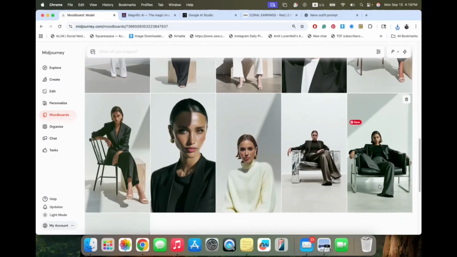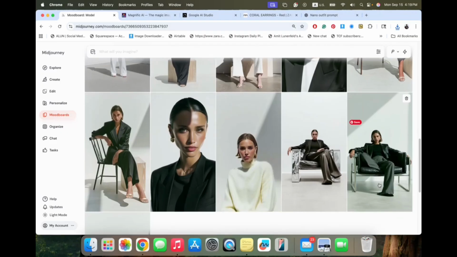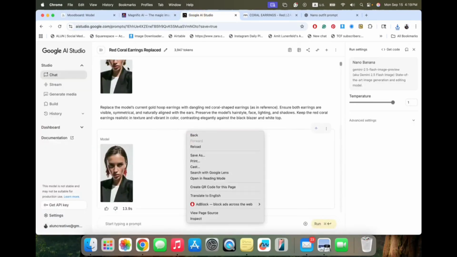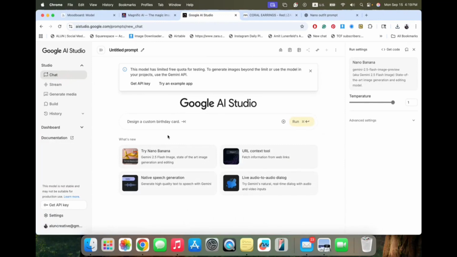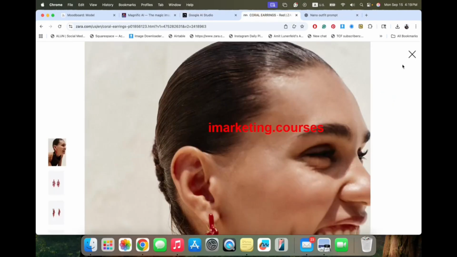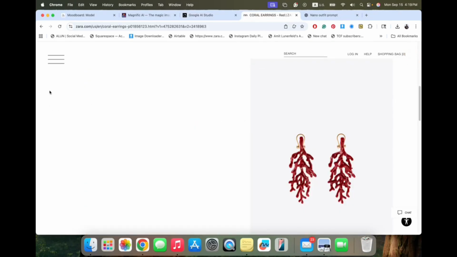Then let's say you like the pose, you don't like the clothes, you think you would like to change it into your collection, into your needs, go into Nano Banana and you can have the free version. Of course, this model exists in so many platforms, but I want you guys to use the free one because it's possible and why not? Adding here the two images. One, the image of the model. Second, the image of the item. You saw I took random stuff from Zara, so you can use it for your logo if you want to place it on a t-shirt, if you want to change the background, if you want to change the chair.